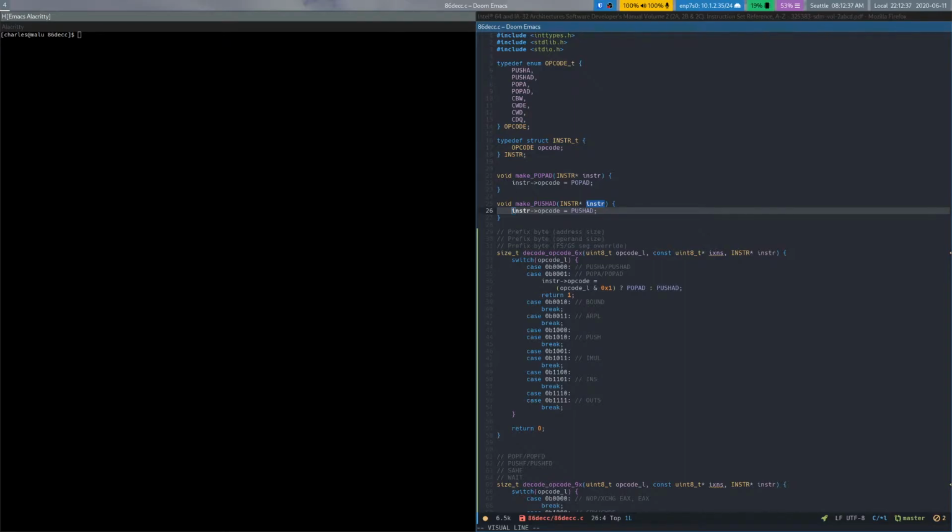But at the same time, right? Let's say these two were actually instructions that had a mod RM that could have an SIB and an immediate. So both of these. Then if I write the code in there that does the parsing of that stuff, I'm going to have to repeat that parsing code in both of these basically, unless I can make it a little more generic. All in all, it's just,